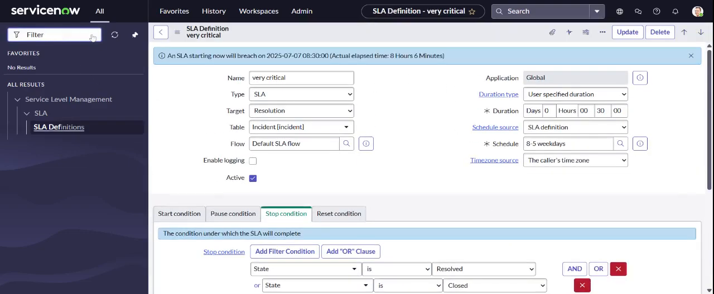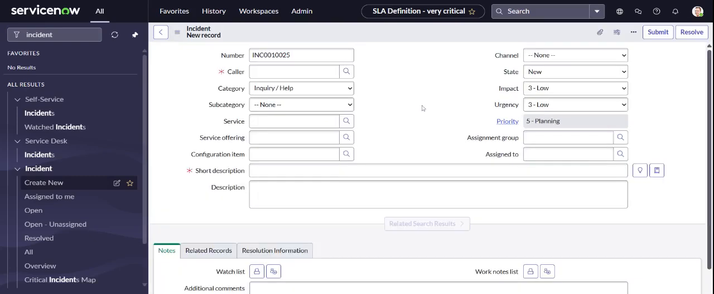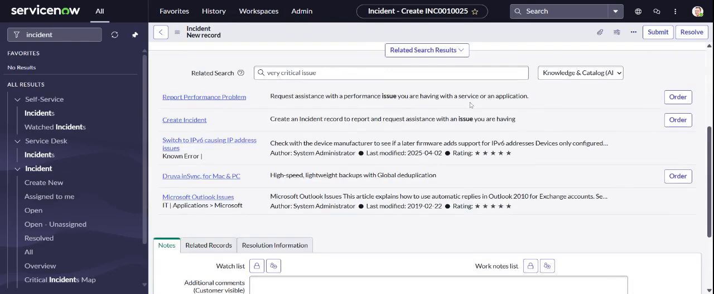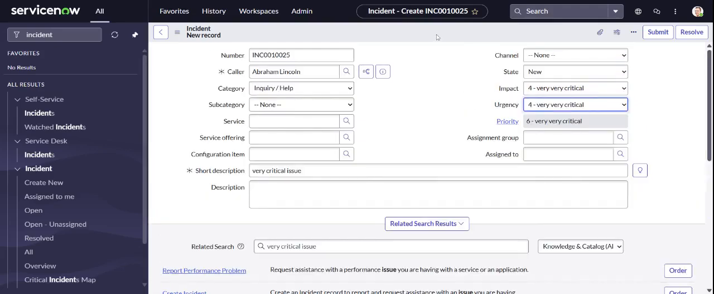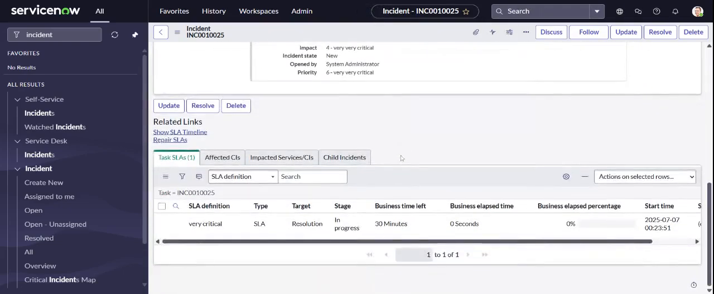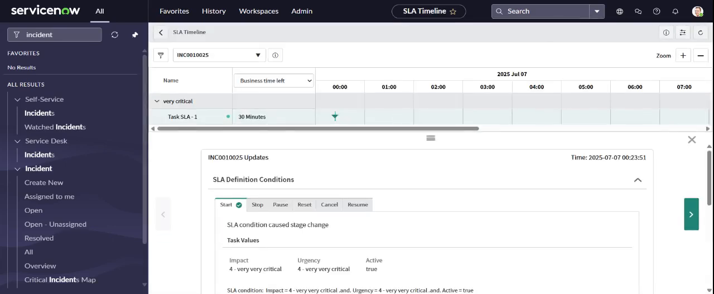And when I go to incident again and create a new incident, which is very critical. Okay, this time I choose Abraham Lincoln, very critical issue, right? And the impact is very critical, urgency also, and according to it the priority gets changed. I click on save, click on header and click on save. Then you can see very critical, 30 seconds. And if I click on the show SLA timeline, it's 8 to 5 weekdays,